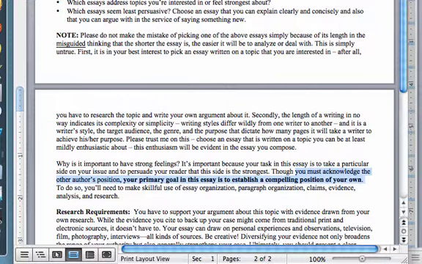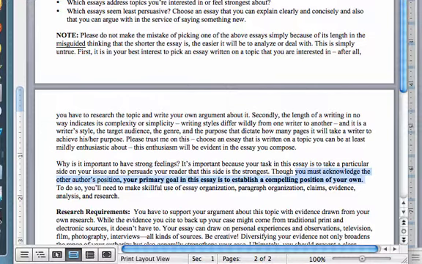So you need to set up at the beginning of the paper the idea that you are responding to someone else's argument. And I don't mean by saying, well, I read this article and this happened, or I read this article and I disagree. Okay? You want to be a little more rhetorically sophisticated than that. But you have to acknowledge to your reader what has prompted you to write this essay.